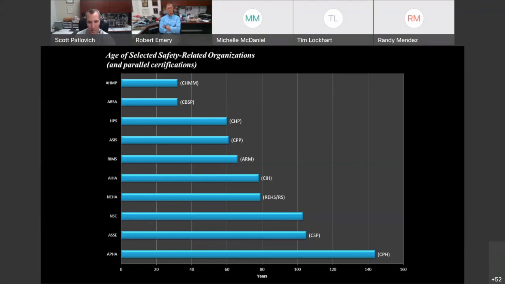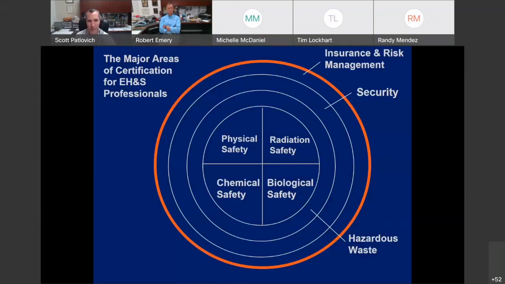So for example, the American Public Health Association is one of the oldest organizations in the health and safety field, but they have one of the newest professional certifications, the Certificate in Public Health, which they just implemented a couple of years ago. If anybody has any questions about any of these or wants to talk about any of them a little bit further, please let me know. But it is interesting to reflect on that information.